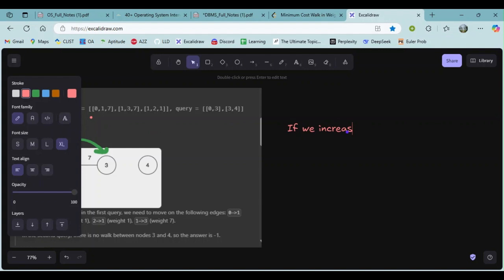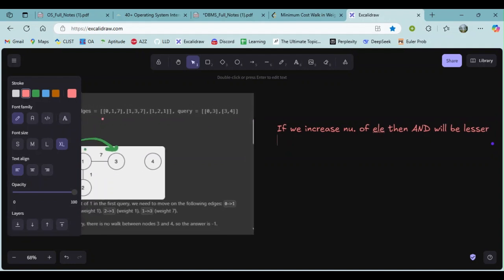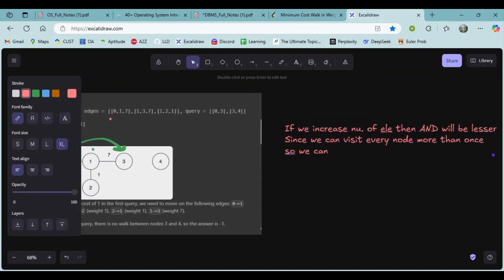So by this property, if we increase the number of elements in the AND, then the AND will be lesser. So in this case, since we can visit every node more than once,